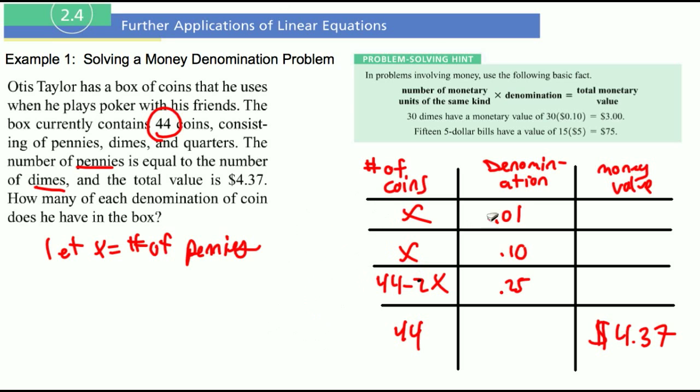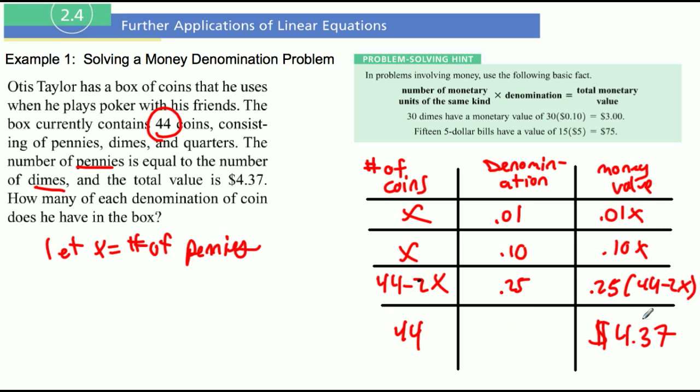Okay, so we know how to get this guy over here, which is by multiplying. So we're going to multiply x times 0.01, which is 0.01x. 0.1 times x is 0.10x, and 0.25 times 44 minus 2x. Okay, and there's no denominations here, so we're just saying that there's 44 altogether, and here's